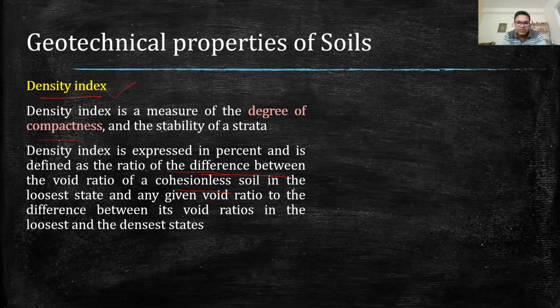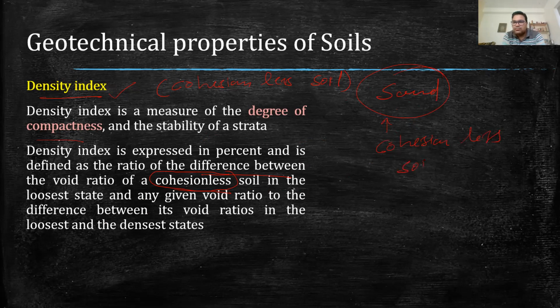First of all, there is a new term in this, cohesionless soil. Basically, this density index, we generally consider this parameter when we have cohesionless soil. What is the meaning of cohesionless soil? Well, we know soil is composed of grains, and if there are no interparticle forces between the grains, for example, in sand, we can distinguish each and every particle of the sand, and therefore sand is considered as cohesionless soil.